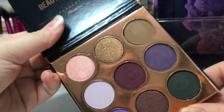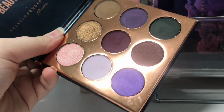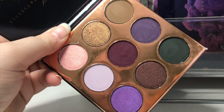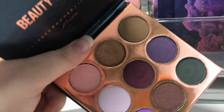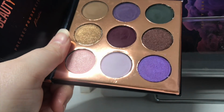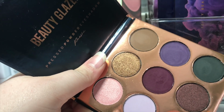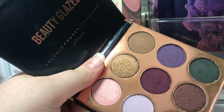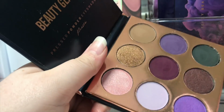Next is this palette by Beauty Glazed. This is the purple palette. I am getting rid of this one. I haven't used it since I bought it. It's really pretty, but the formula is a bit hit or miss, and I literally just purchased the Jaclyn Hill Morphe Vault collection, which has a purple palette in it. So yeah, that will hopefully substitute my needs for purple, and I don't have to keep this one in my